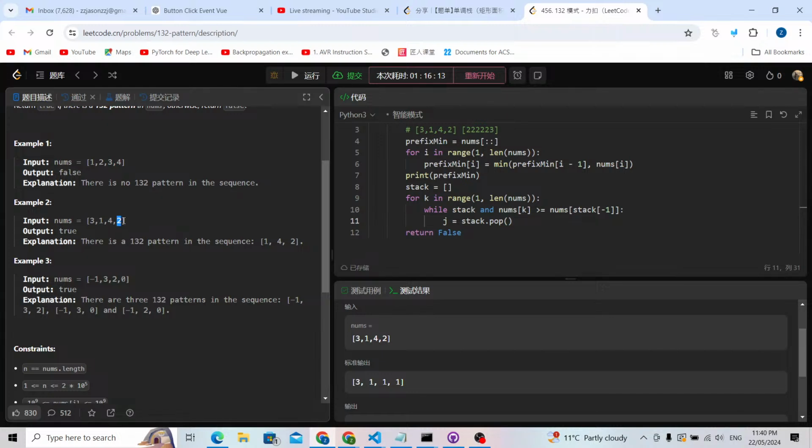So for example, if this number is 5, this is 4. If this number is 5, it is more than or equal, so I'm going to pop it out. And if it is a 2, I just put it inside. So basically this means this number 2 is definitely going to be smaller than the number on top of the stack, if there's some number on top of the stack. So basically I want to keep a monotonic decreasing